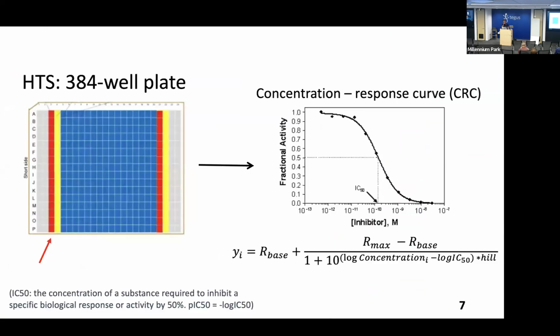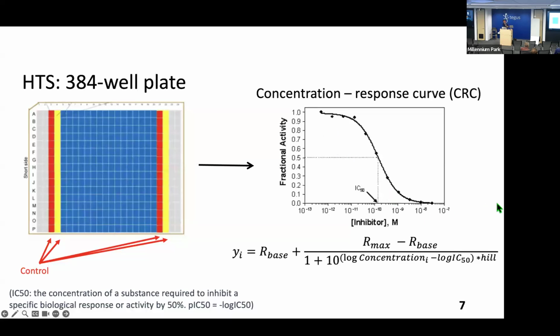So the way that this is usually done in a biochemical assay is on a large plate where you have different conditions in different parts of the plate, and you usually change how much of the ligand you put in, the concentration of it. And usually the concentration will change the activity. So if you don't have any of your inhibitor, you're going to have 100% of your original activity. And as you increase the amount of inhibitor, then you reduce the activity. That's just what this curve looks like.